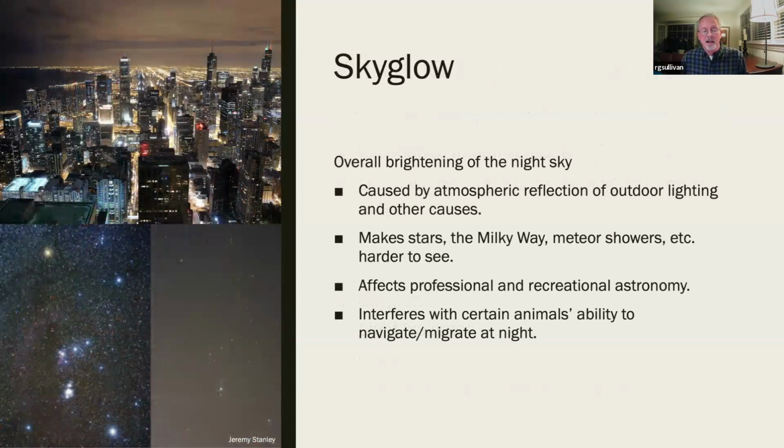So, sky glow is a brightening of the night sky. If you're in Evanston or anywhere, in fact, in the Chicago area, and certainly if you look toward Chicago, you will see that the sky over the city or over your suburb is bright, and you will not see stars. That is called sky glow, and it's caused by light reflecting off particles in the atmosphere, whether it is moisture or dust or pollution.